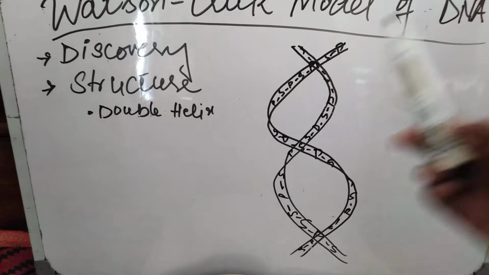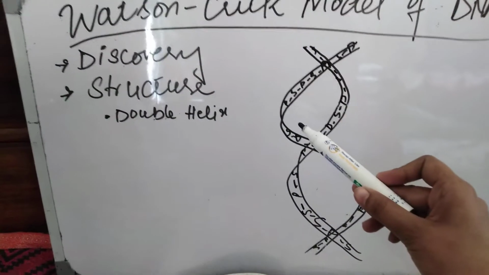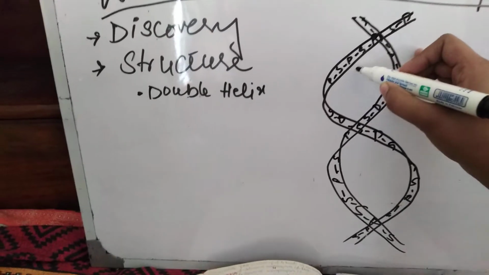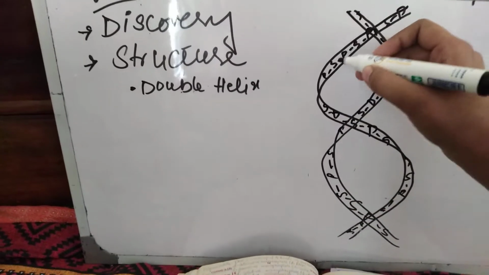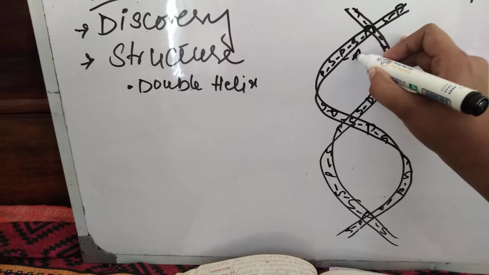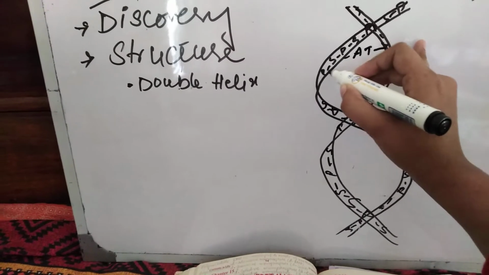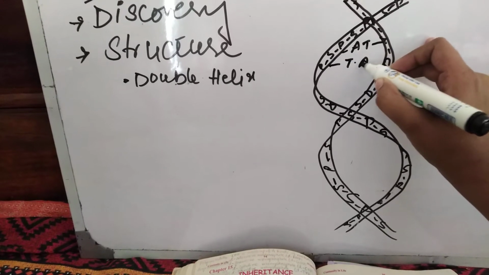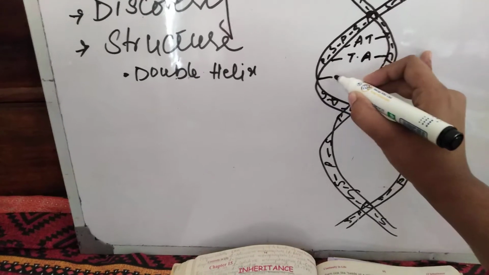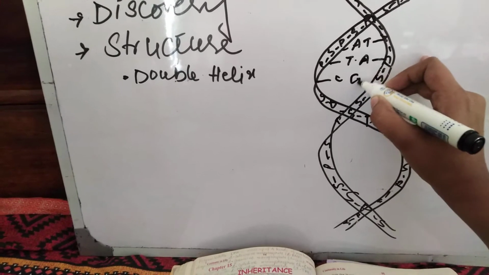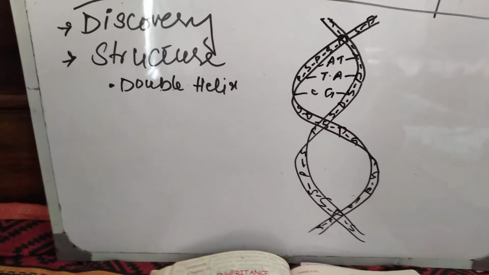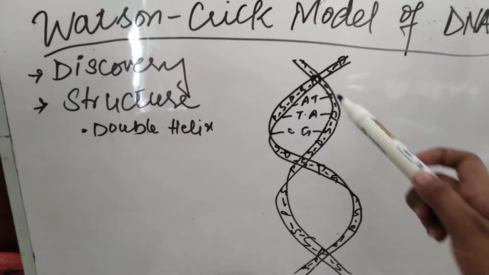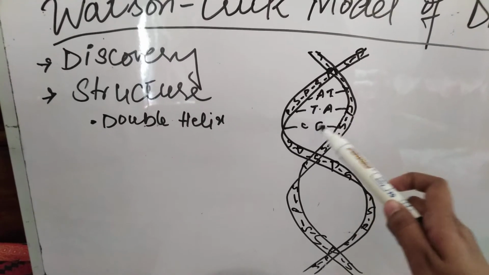What is present in its inner structure? The structures named nucleotides are present inside this DNA, which are adenine and thymine, cytosine and guanine. Okay, girls, these are actually nucleotides: adenine, thymine, guanine, and cytosine.